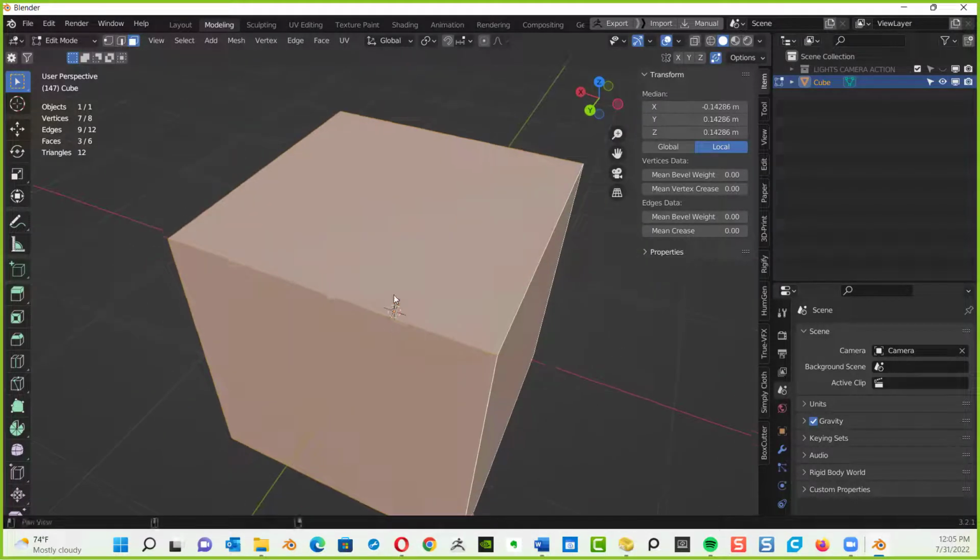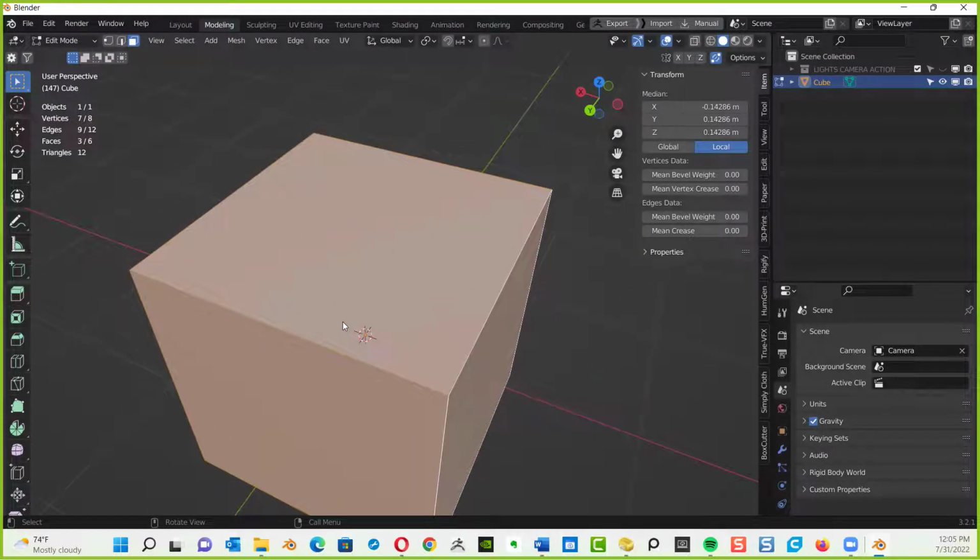Okay, let's do some editing. I'm going to show you some basic editing techniques, and you're going to be using those techniques for the rest of your modeling life. If you want to transfer between point, edges, and face editing mode, here are the shortcuts. The number one key on the letter side of your keyboard, on the top, is vertex editing mode. The number 2 key is edge editing mode. The number 3 key is face editing mode. Play with it now. I'm going to pause recording and let you guys play.